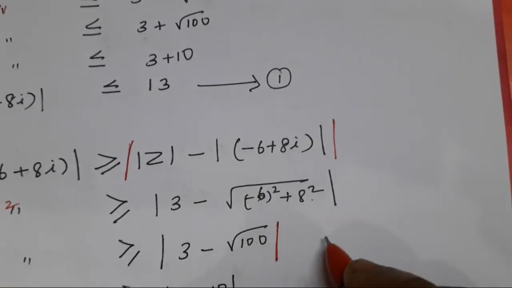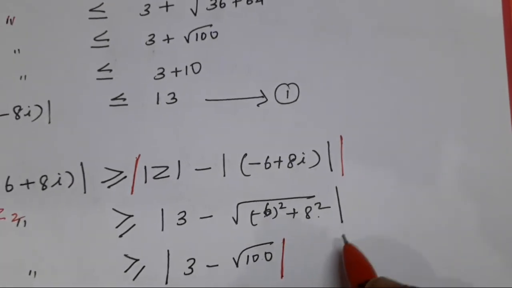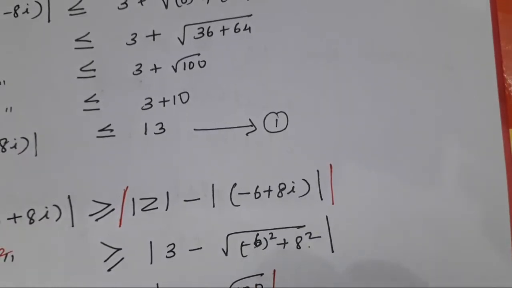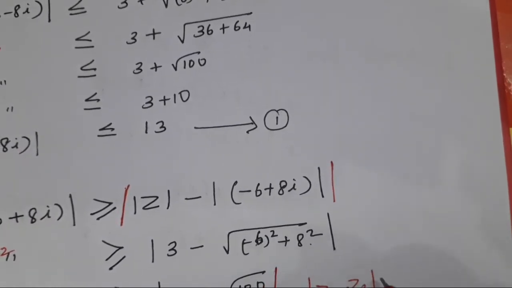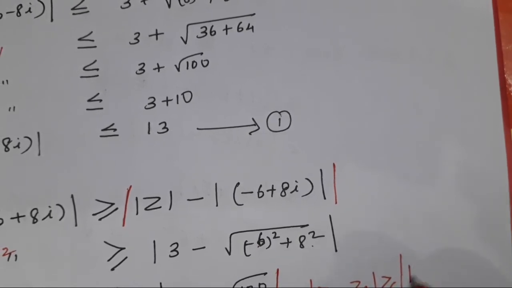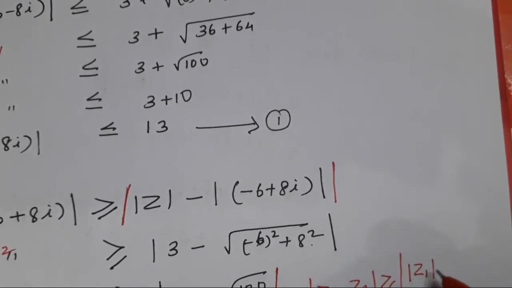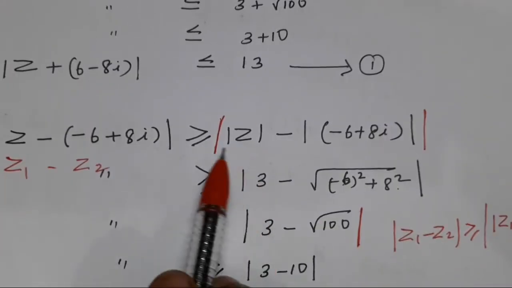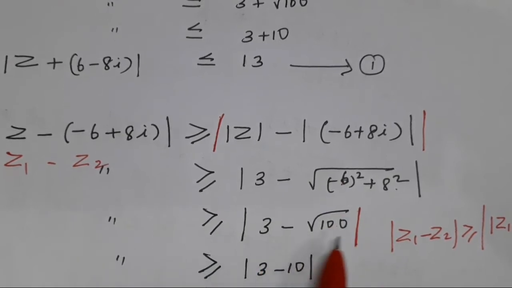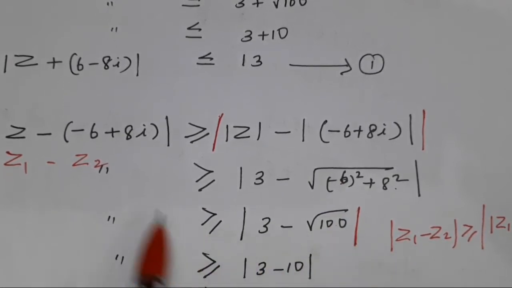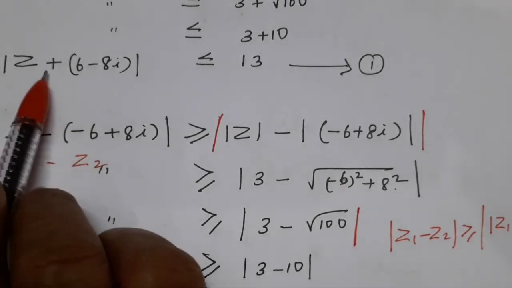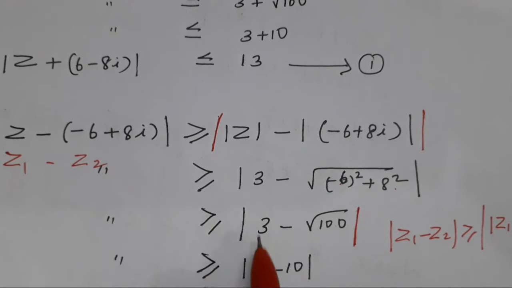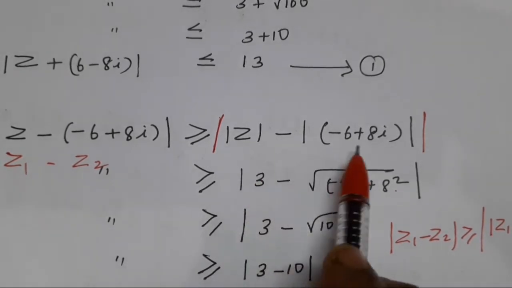Remember again one more time, z1 plus z2 is less than or equal to modulus of z1 plus modulus of z2. But z1 minus z2 is what? Greater than or equal to double modulus of modulus of z1 minus modulus of z2. Remember the property. So using this property only I am teaching this one. Modulus of z1 minus z2, we rewrite as the plus becomes minus, modulus of z1 minus z2 greater than or equal to modulus of z1 minus modulus of z2.